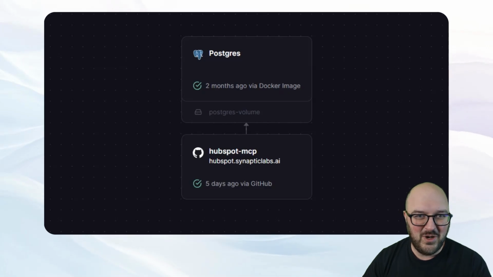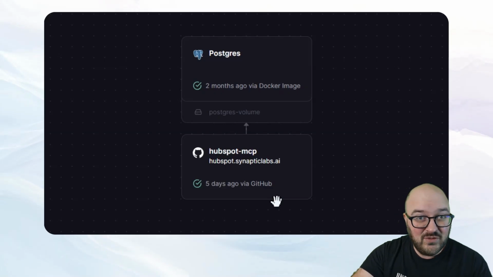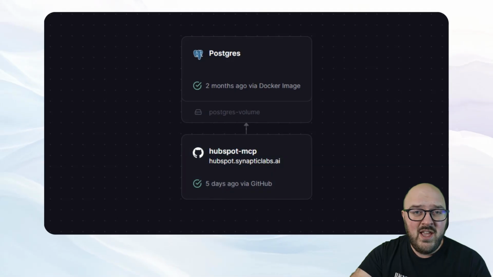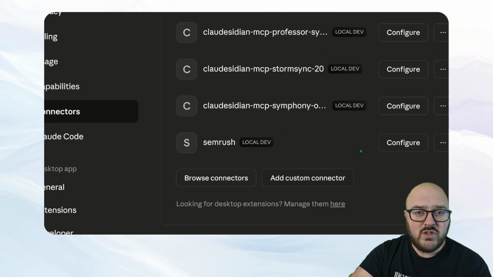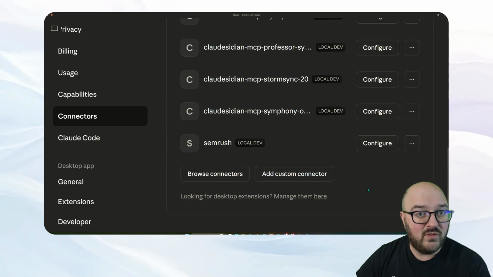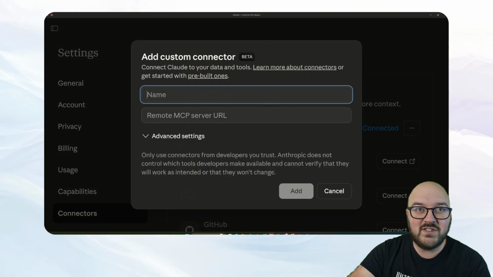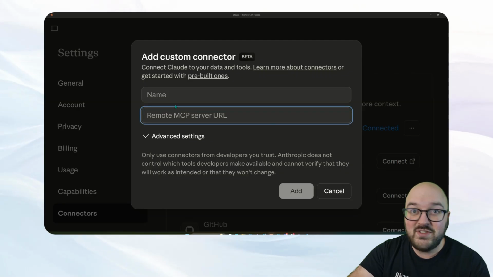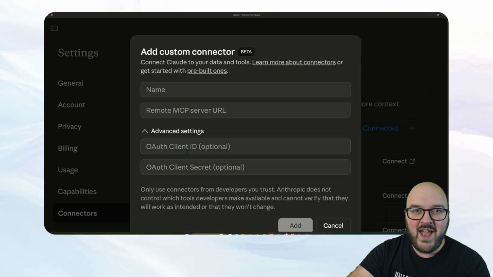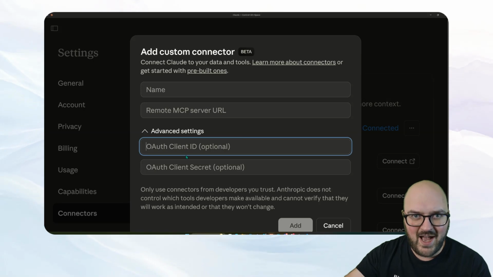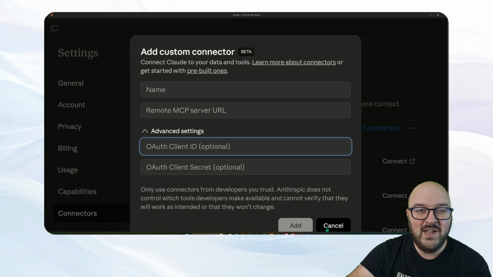You need to get your super secret password for HubSpot and hook it into here. But this has several different tools it can use. What I'm doing is having Claude call into this little server that I've spun up that's hosting my code. You're going to get some sort of web address for that remote server you've set up. You'll go to add custom connector and put in the name and the remote MCP server URL. And then you can set up OAuth, essentially a password protected sign-in so that people can't